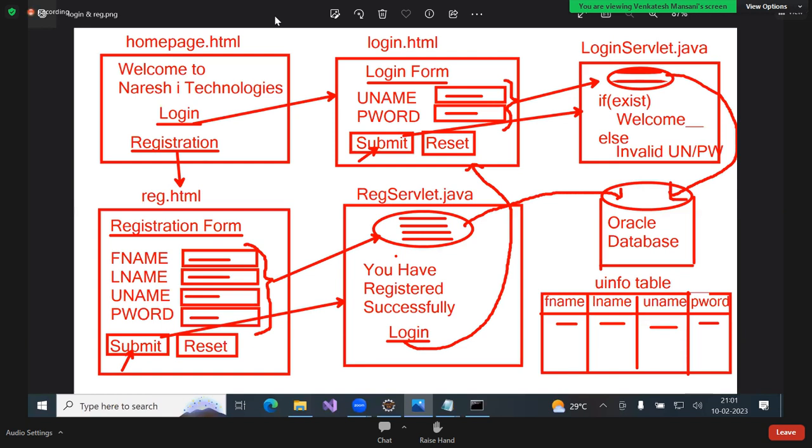Ravali, instead of using a WAR file, go for Eclipse. Use Eclipse only. Nishita, web